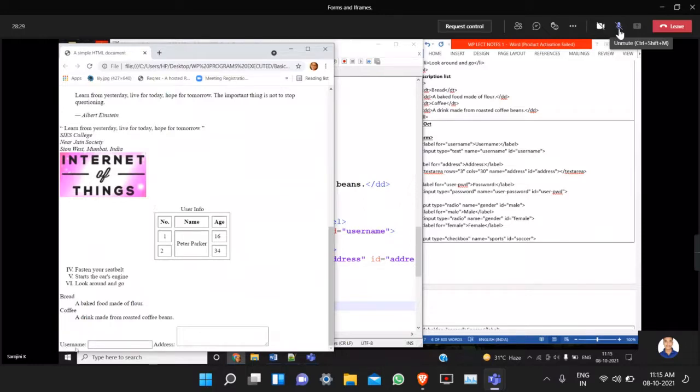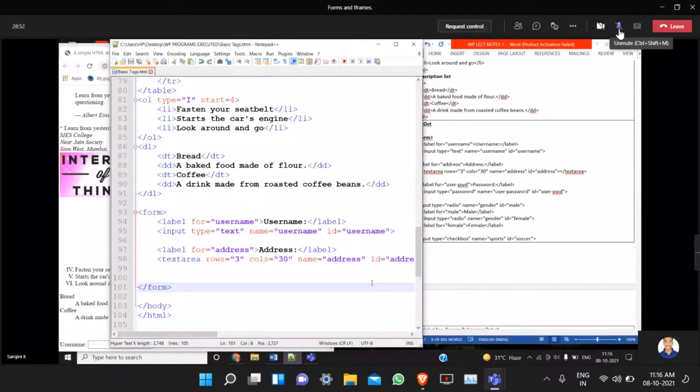If you don't want to display this username, this is a label for this text box. If you don't want to display the label, then you will not use the label tag. Here, if you don't want to give a label for the text area, then you will not use the label tag. Is this clear?